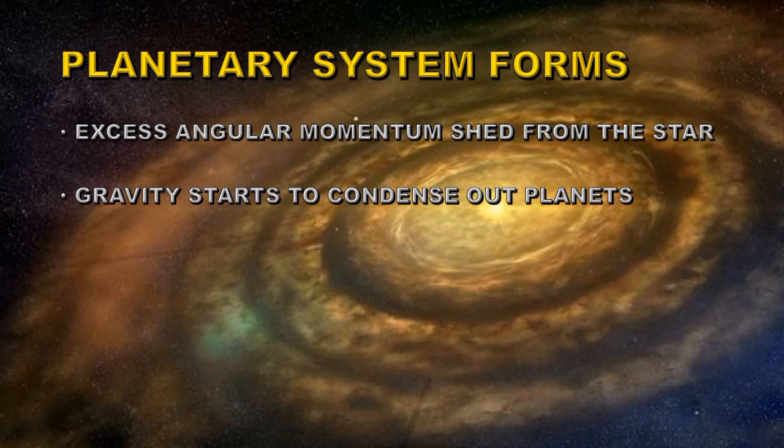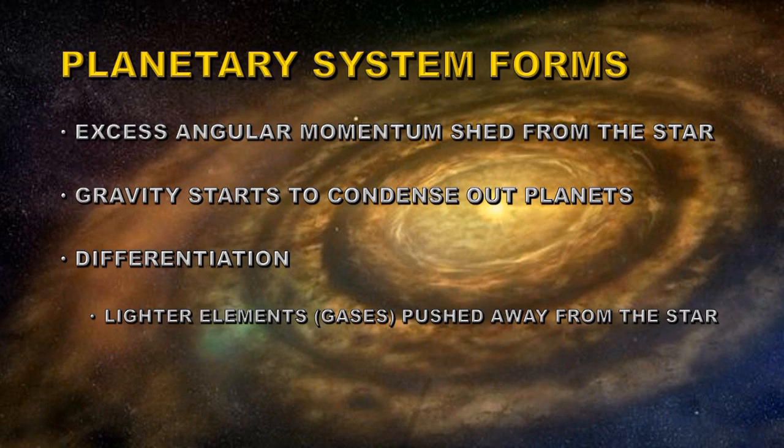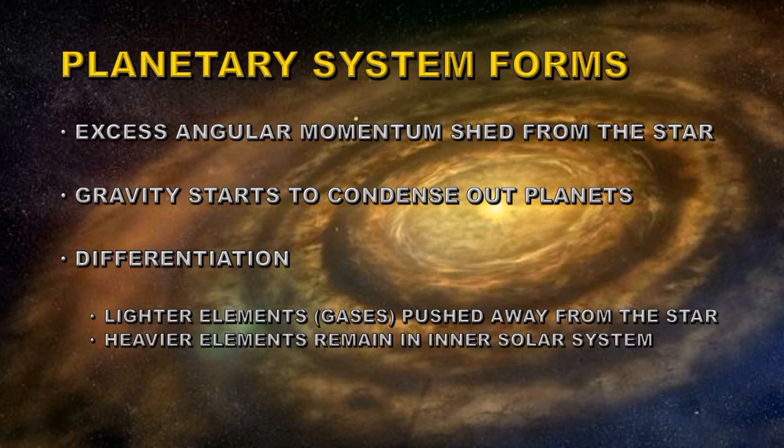Gravitational collapse can then make that disk form planets orbiting the star. But there's a differentiation process going on here. As the star turns on, the lighter elements will tend to be pushed away by both light pressure and by any stellar wind that is formed. The heavier elements will tend to remain in the inner part of the planetary system. So therefore you will tend to get rocky planets form in the interior of a stellar system and gaseous planets